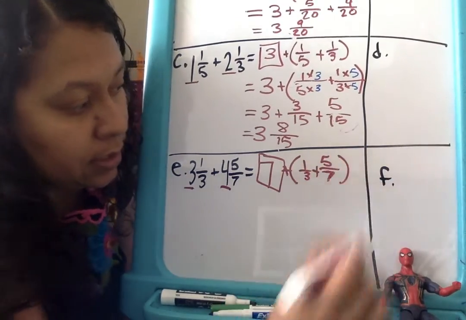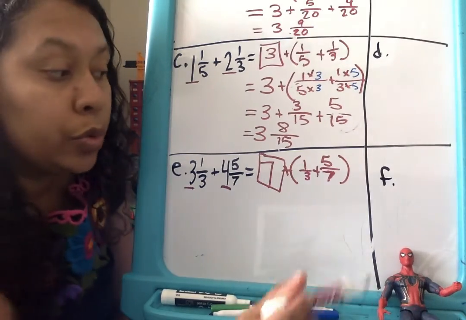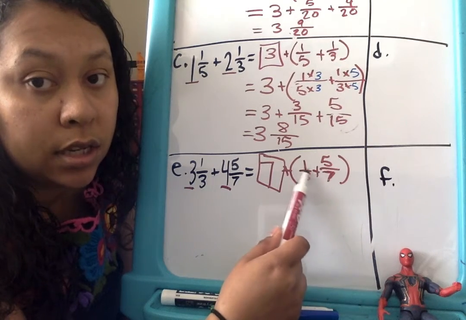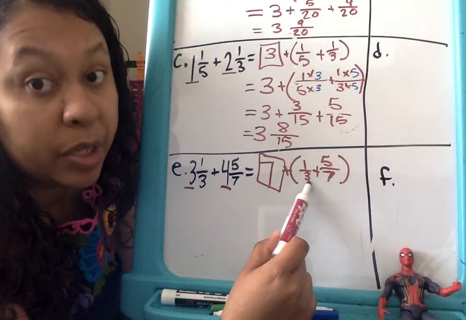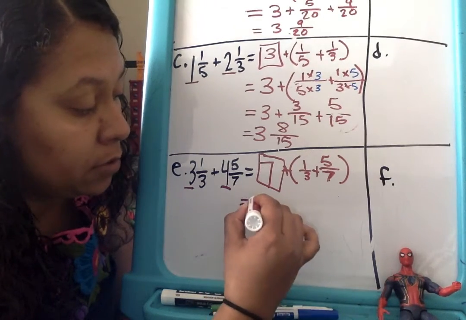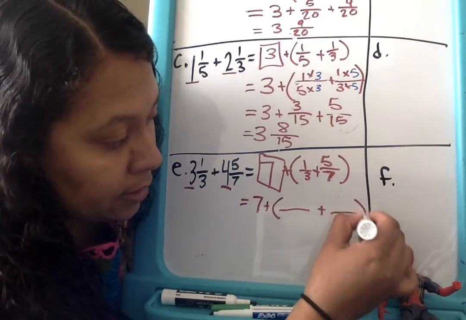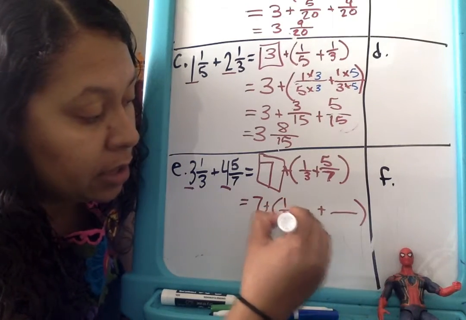5/7 parentheses. Okay, so now we need to rewrite our fractions for what we're going to multiply it by in order to have common units, because our denominators are different. We have 3 and 7. So we would have equals, we still have 7 plus, okay, so now let's add in the fractions. So we have 1/3,